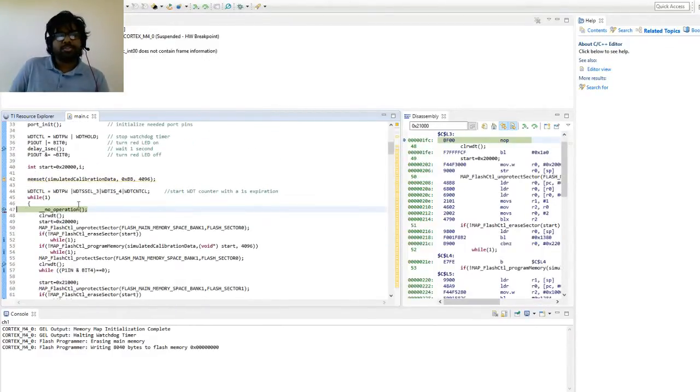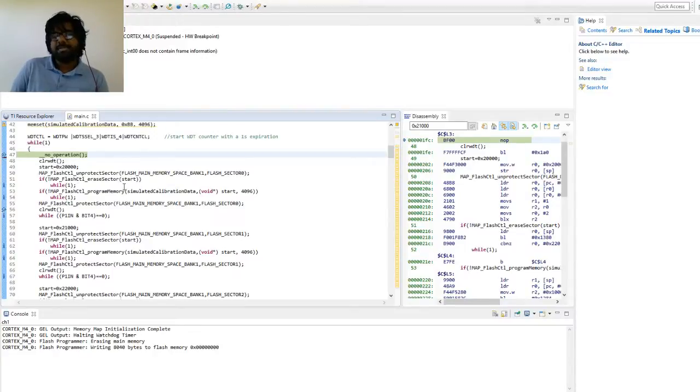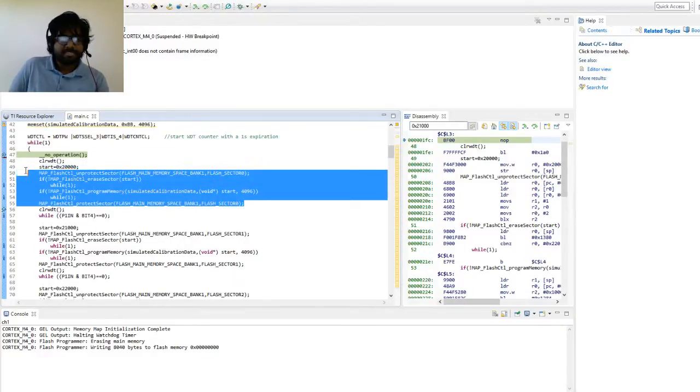Yeah, so the next thing we are going to see is whether we have written to the flash what we need to write. The breakpoint is currently here, and the next breakpoint is here after the writing of sector 0.